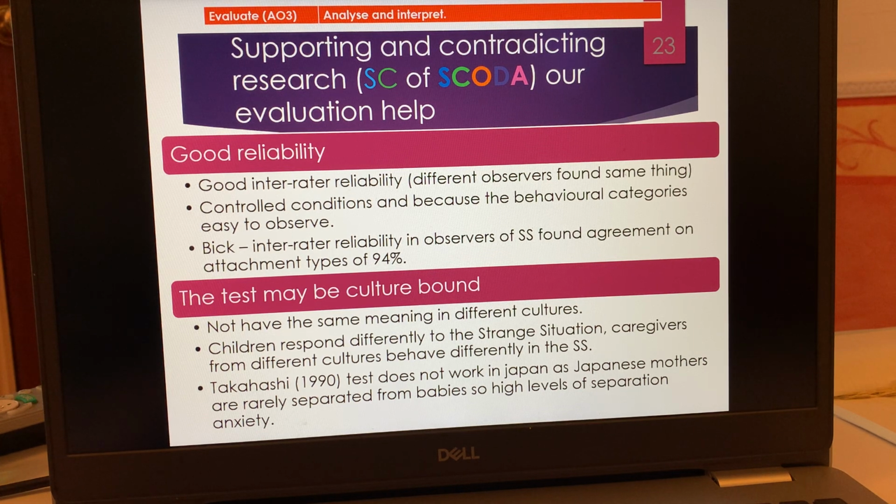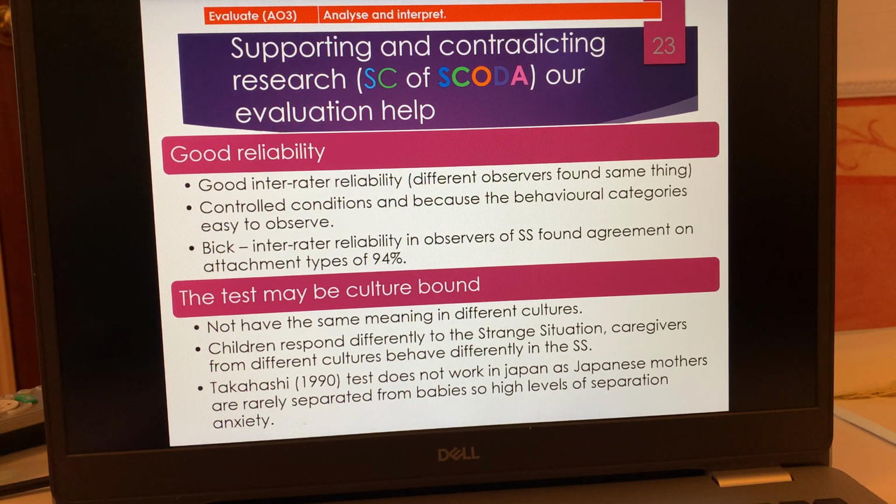And what they do is, through those behaviour categories, things like stranger leaves the room, how does the baby react, 2 people note down what they see. They then run a Spearman's rho. If it comes out as 0.8 or above, we have good inter-rater reliability, which they found here. Because it's a controlled condition, the procedure was basically a 2-way mirror glass, so that the child and the mum couldn't see the observers, but the observers could see them.